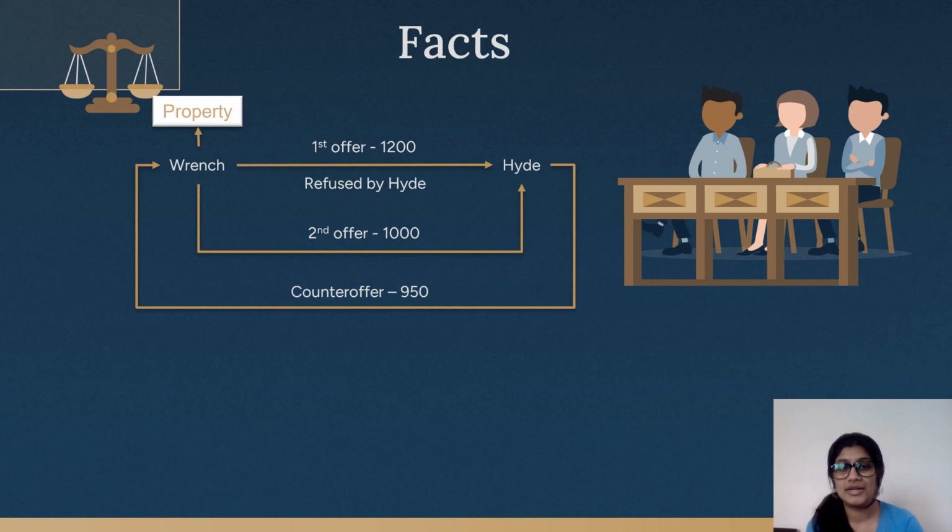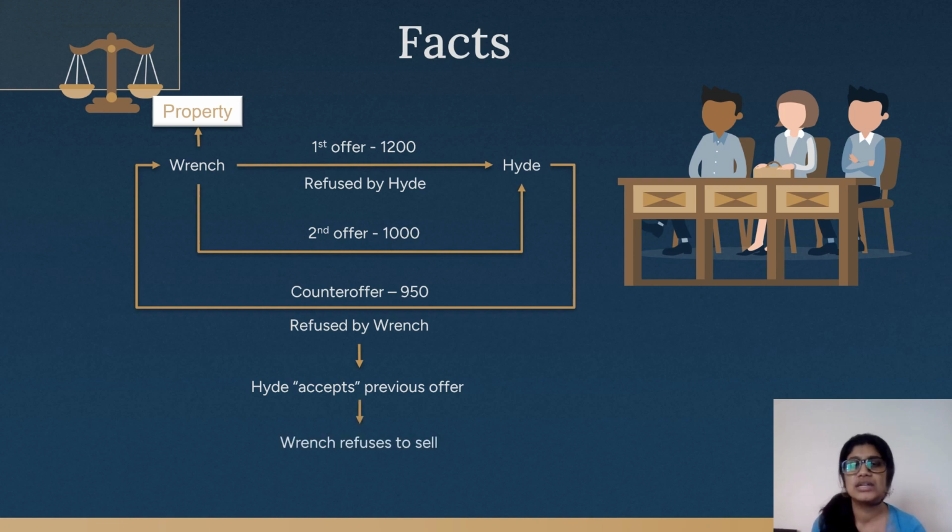So here what has happened is he has rejected Wrench's offer of £1,000 and he has made a counter offer. He has made his own proposal where he's saying, you give me the property for £950. Now, Wrench has already said that he will not go lower than 1,000. So he has refused this £950 and he started looking at other buyers. So Hyde wrote back to Wrench and he was like, all right, fine. You sell it to me. I'll buy it for £1,000. I'll give you the £1,000 right now. You give me your property. But by this time, Wrench had already moved on with other people he wanted to sell it to. So he refused to sell it back to Hyde